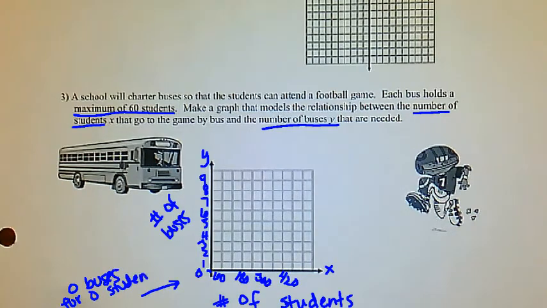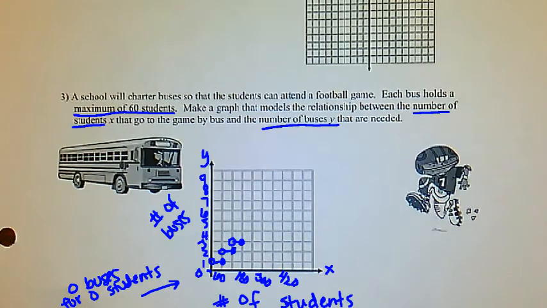Okay. Alright, so I'm going to do an open dot on the 0 here, and then it'll be a closed dot right there. If I jump up to 2 buses, we would have an open dot, and then it would go to 120. If we had 3 buses,